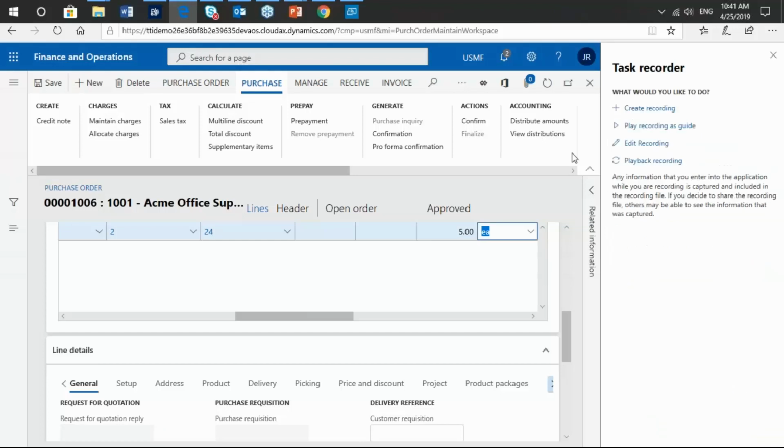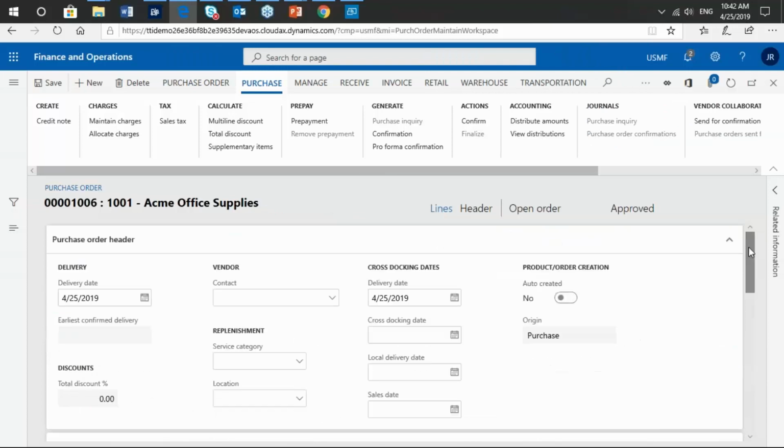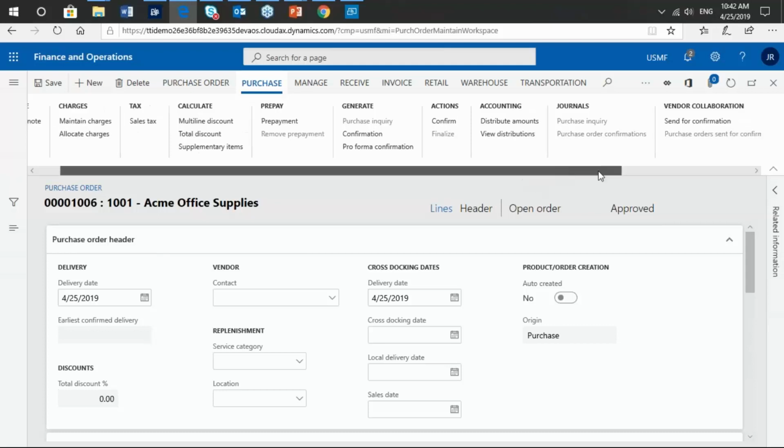Now, guys, I don't know if you have this kind of challenge in your organization. So give me a second. I'm just going to go here. So we were talking about purchase orders, right? And we were talking about a lot of EDI. How can I send EDI to our vendors? How can they send confirmations to me? Okay. So how we can tackle this with finance and operations? There is something built in called vendor collaboration. So that means that by just clicking this button,